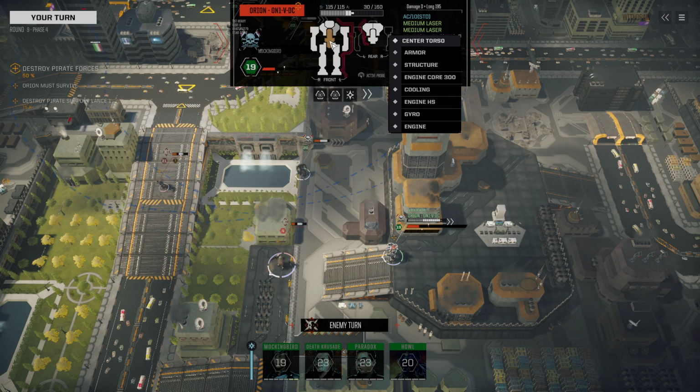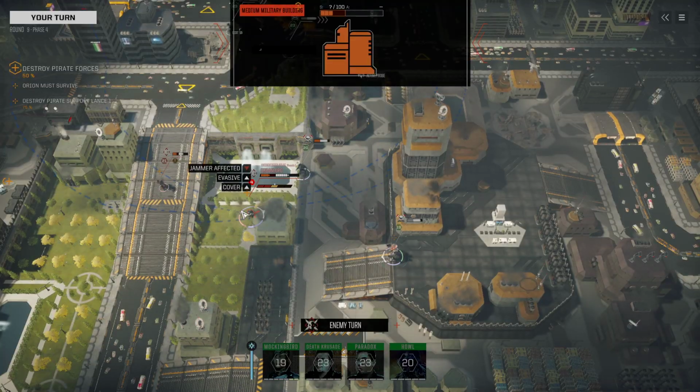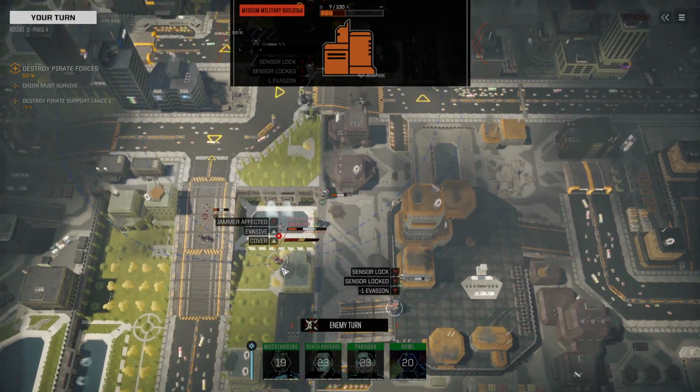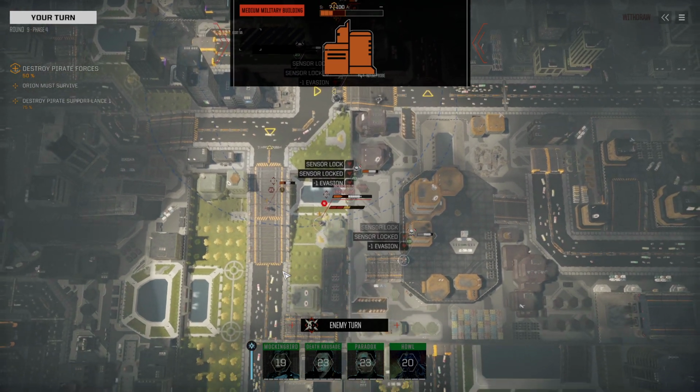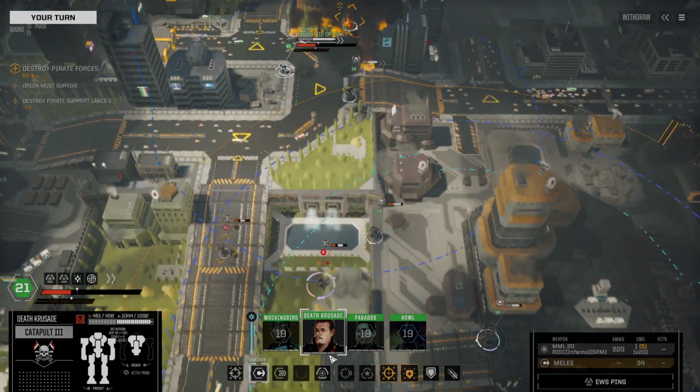30 health in the center torso. We took a couple of really rough hits, especially from that carrier. He's got to bounce into cover and go for a ping. Oh, that's mean. Because now I got to engage you with Howl from point blank range. Death Crusade would be...